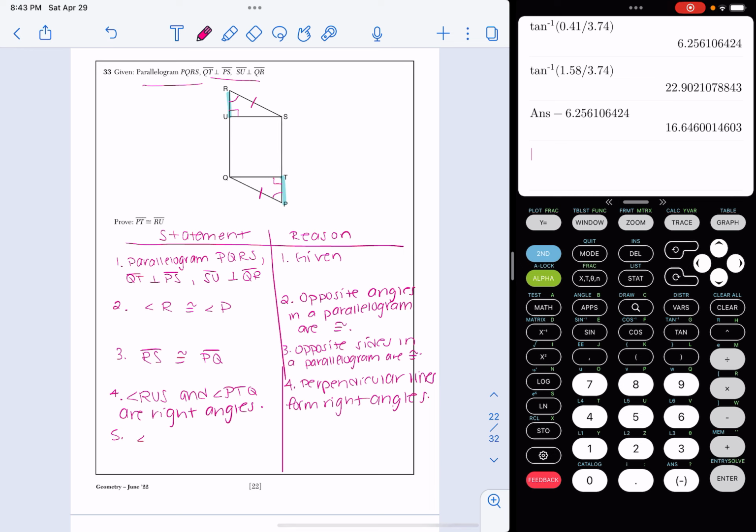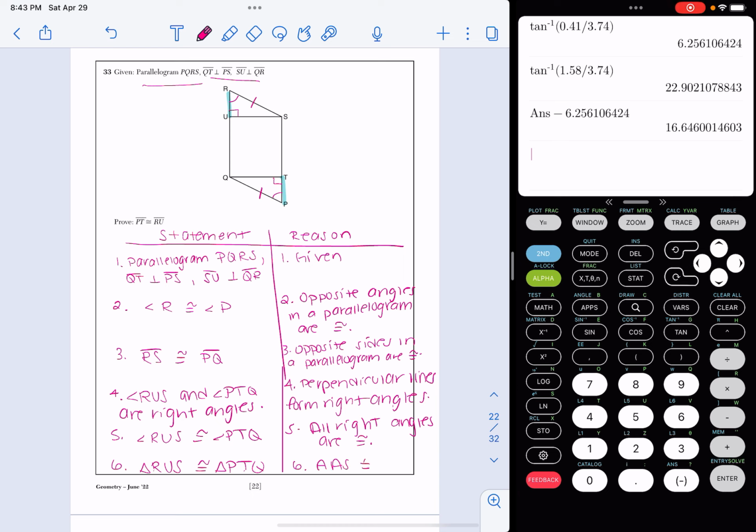And then I need to also say that those two right angles are congruent to each other. And they're congruent because all right angles are congruent. All right angles have a measure of 90 degrees, so therefore they're congruent to one another. So once I finish line 5 here, I have enough information to prove that the two triangles are congruent to each other. So for 6, I'm going to say that triangle RUS is congruent to triangle PTQ, and that's because